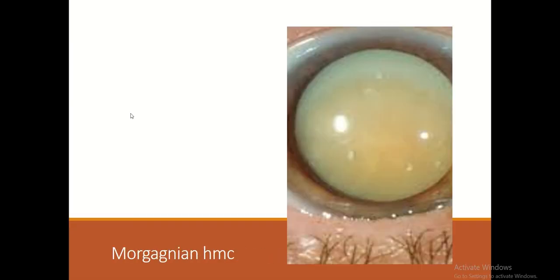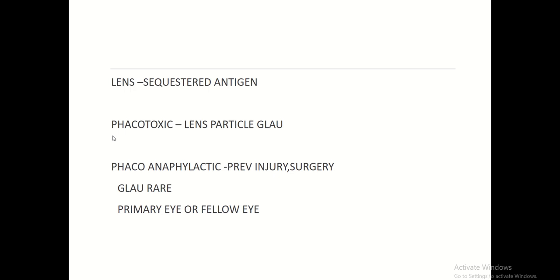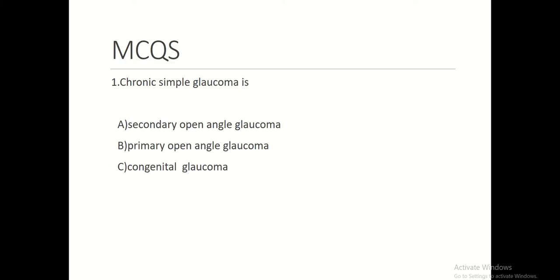So these are the common lens induced glaucomas. You have phacomorphic glaucoma, phacolytic glaucoma, phacotoxic uveitis with glaucoma, and phacoanaphylactic uveitis with glaucoma. A lens induced glaucoma is an indication for you to remove the lens. So you have to go in and do surgery to remove the lens and take appropriate steps to restore the intraocular pressure in such patients. I have just given a few examples.